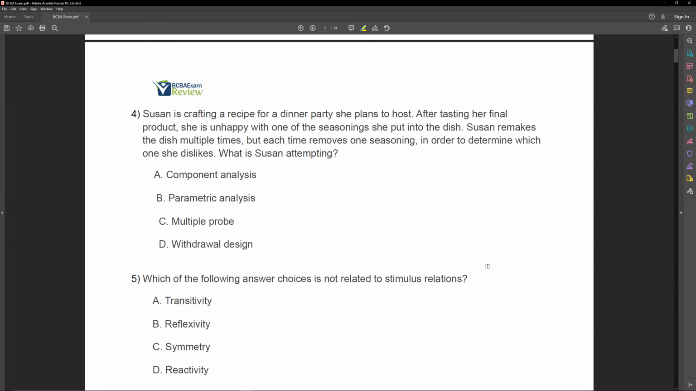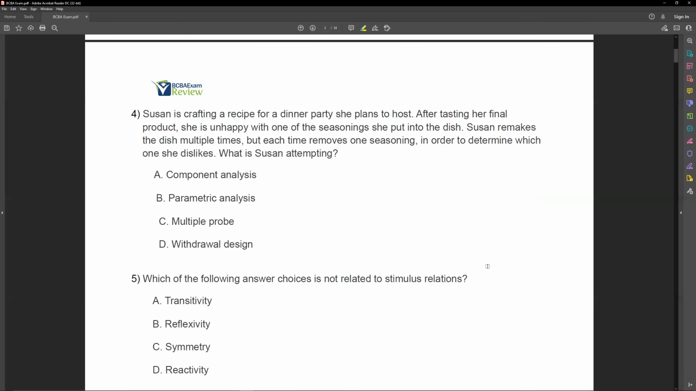Susan is crafting a recipe for a dinner party she plans to host. After tasting her final product, she is unhappy with one of the seasonings she put into the dish. Susan remakes the dish multiple times, but each time removes one seasoning in order to determine which one she dislikes. What is Susan attempting? All right, so Susan has this recipe she made, and she mixed, let's say, 5 or